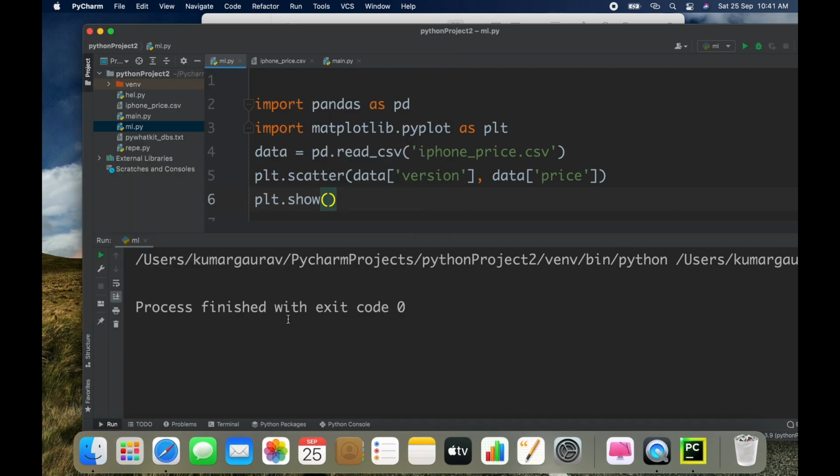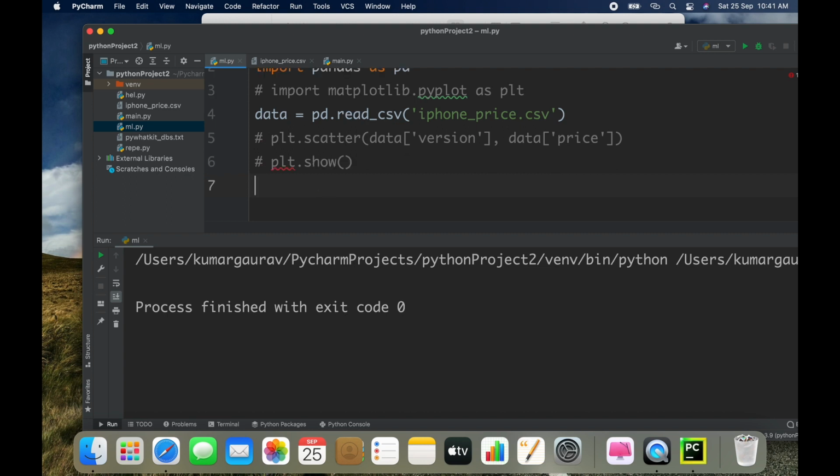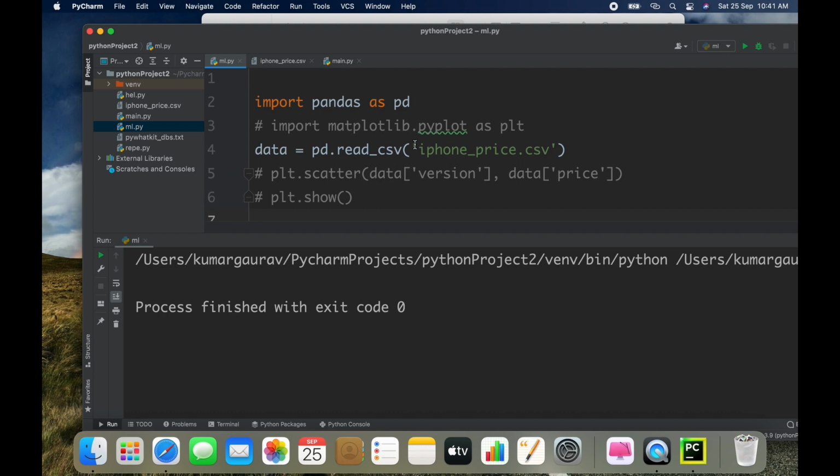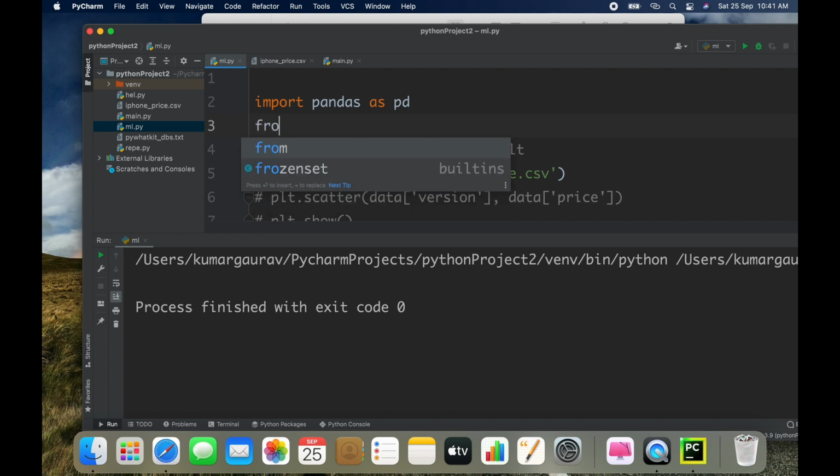So I'll close this. This is just for showing you how you can do it. So I'll comment it out. I don't want to plot this. Basically our main aim is to use the machine learning model for making predictions. So for that you have to import one more file, that is from sklearn